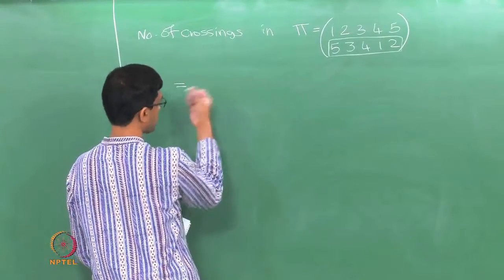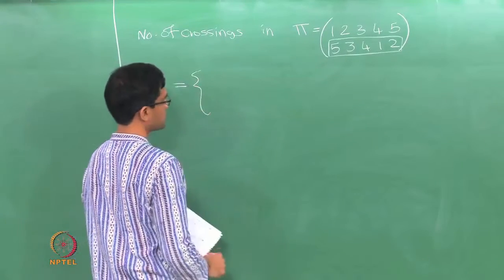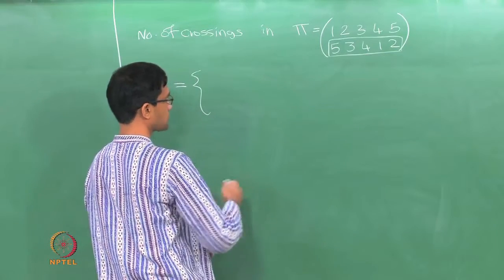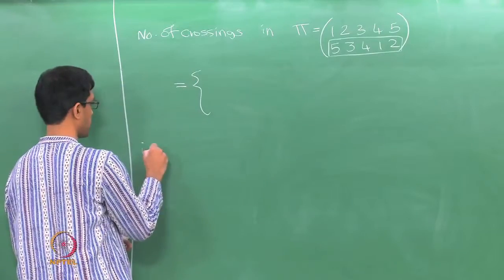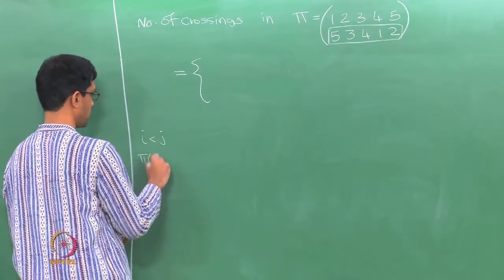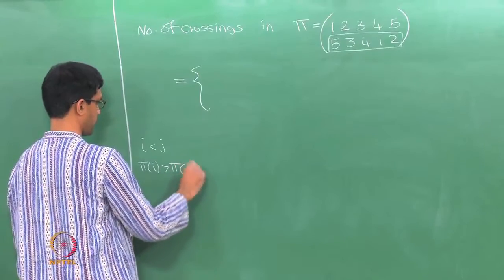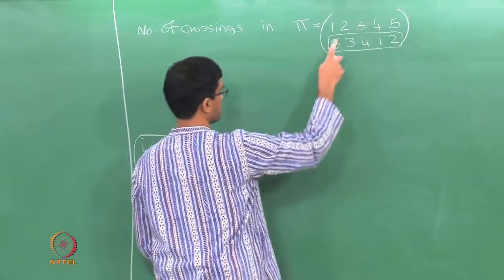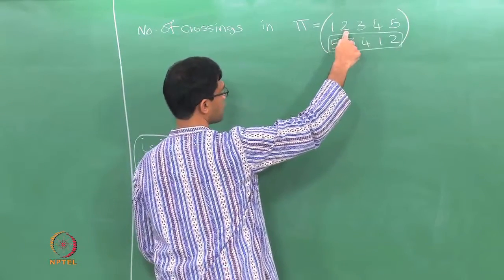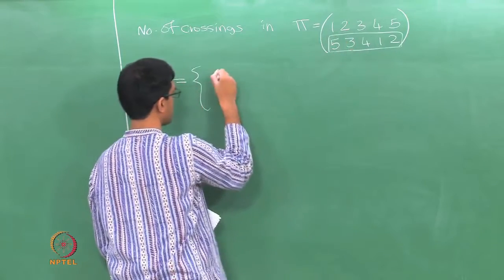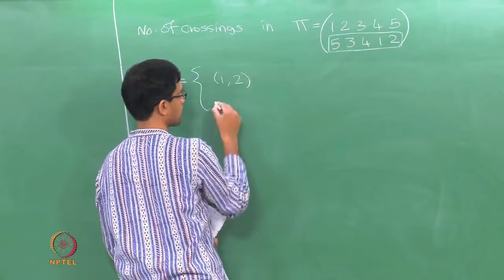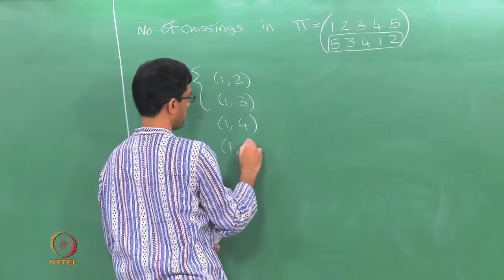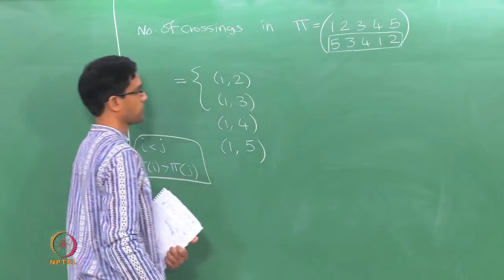I could draw the crossing diagram, but for once let's just use the formal definition of crossings, which is I need to look for all pairs i, j where i is smaller than j, but pi of i is bigger than pi of j. This is the crossing condition. So let me look for all pairs of numbers like that. From the top row, for example i is smaller than j, so I look at 1 and 2, pi of 1 is 5, which is greater than 3, so surely 1 and 2 are in the crossing list. Similarly 1 3, 1 4, 1 5,